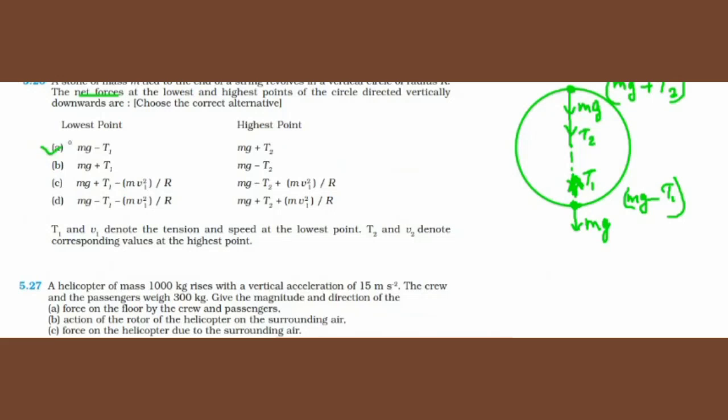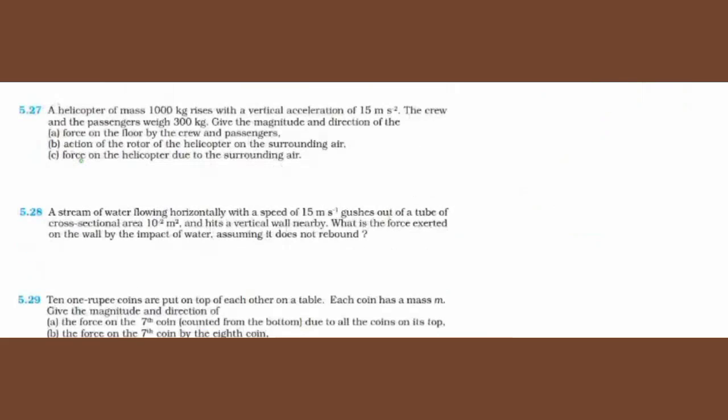Therefore, option A is the correct answer. Then next question 27. I think I have explained already. Helicopter 1000 kilogram mass, acceleration 15 meter per second square, vertically upward. The crew and passengers of 300 kilogram. Give the magnitude and direction of the force on the floor by the crew